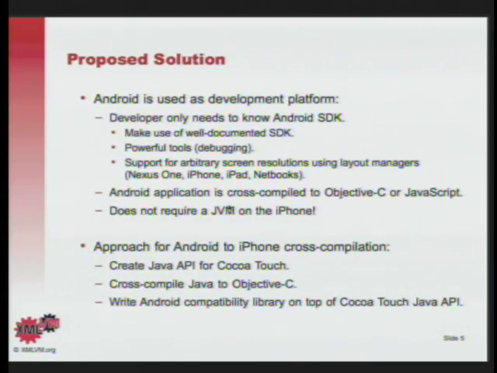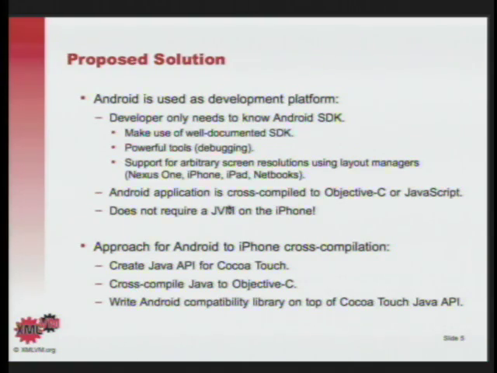The second thing is that Android was designed from day one to serve a heterogeneous set of devices. In particular, Android copes very well with different screen resolutions. And the iPhone, for example, is only doing that now. Apple has recently announced the iPad, and only now is Apple faced with the problem of having two different devices, the iPhone and the iPad, that have different screen resolutions. So only now are they enhancing their SDK to also support different screen resolutions. So from that perspective, it makes a lot of sense to take Android as the frame of reference.